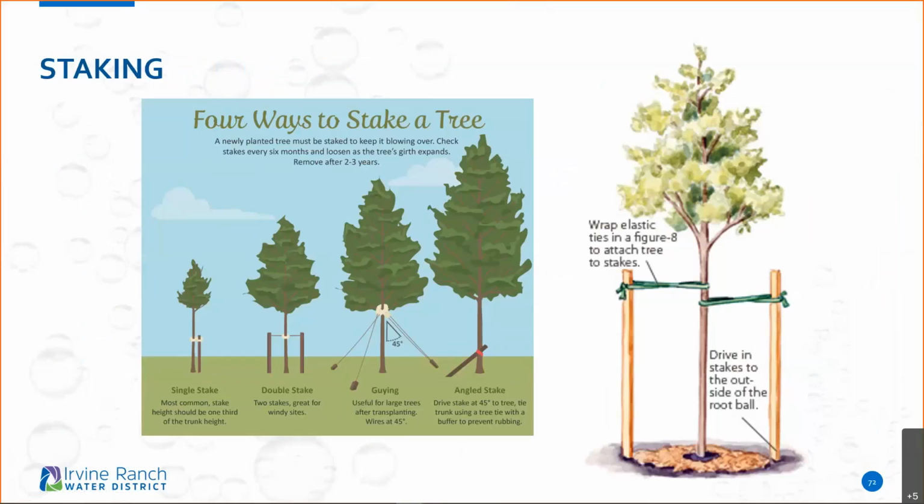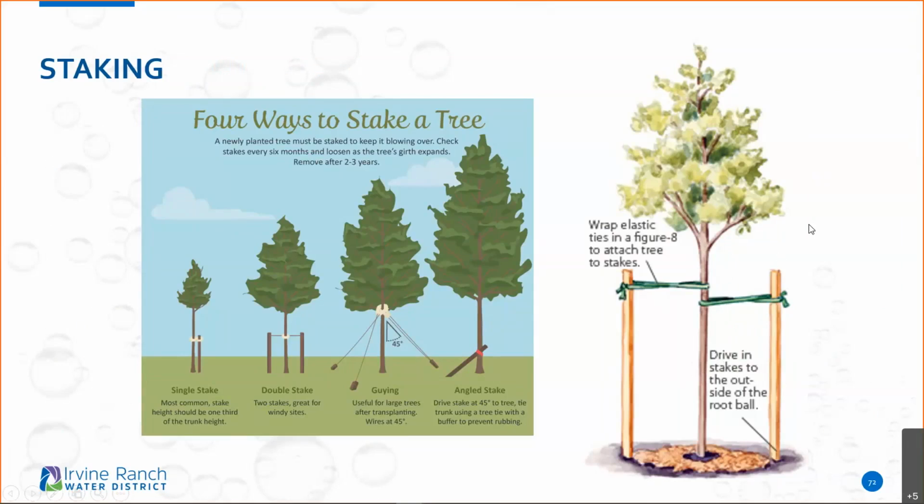If you do need to stake your plants or a tree, I like the 2-stake method, and it's supposed to be not tight enough where it's not going to move, because the more that tree is able to move, the stake is just there for support. It's going to get stronger and stronger. And if you can leave more branches down in the lower part of the tree, it's going to create that girth and that trunk a little more. And you can always prune away.